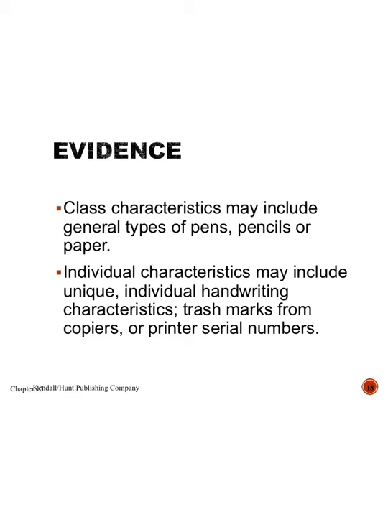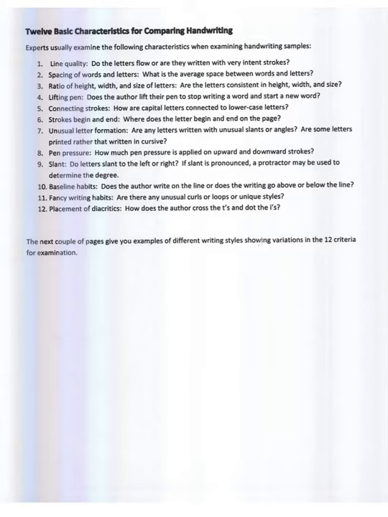Again, remember the type of pen and the paper are all different types of class evidence, but the individual handwriting does allow us to individualize that to a specific person. Any trash marks from copiers or serial numbers for printers that we can identify would also be classified as individual evidence. So today what you guys are going to be doing is taking a look at the 12 basic characteristics